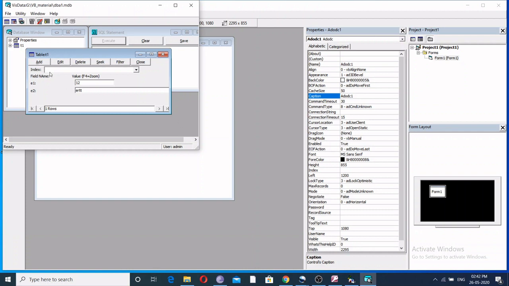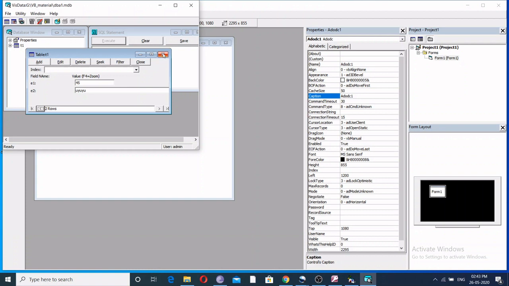After adding a record, this column will display how many records are already added. So to add one more record, just click add, then the second record you can add, then update. So totally 2 records are added here.